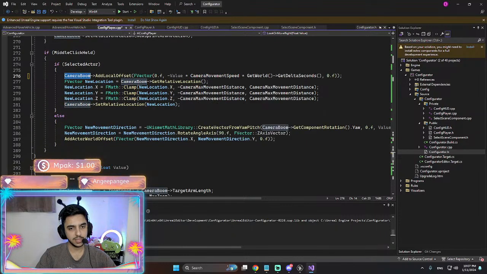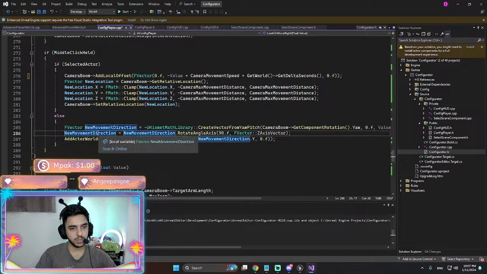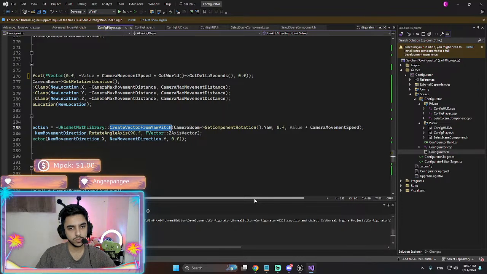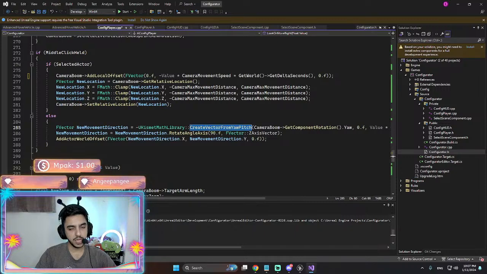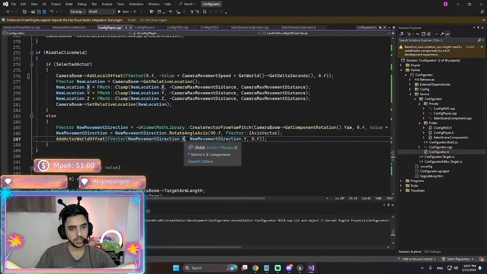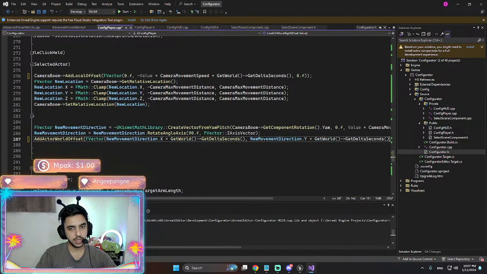If an actor is selected. If an actor is not selected, movement component is equal to create vector from yaw. Yeah, I'm gonna say this and this.